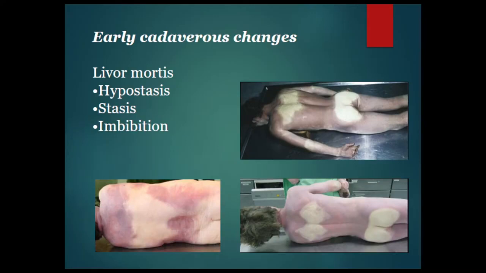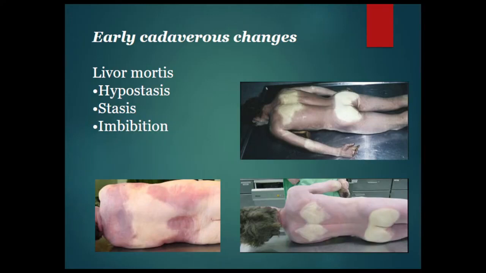Stage of stasis. Then hemolyzed blood begins to penetrate through the vascular wall to the surrounding tissues and stains these surrounding tissues with a reddish color. So if you compress this stain at that stage, you will see that the area becomes pale but does not return to its initial color. Then you release pressure, you could see the returning of the color of the blood stain, of livor